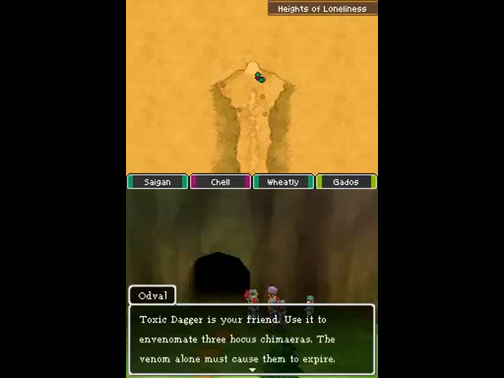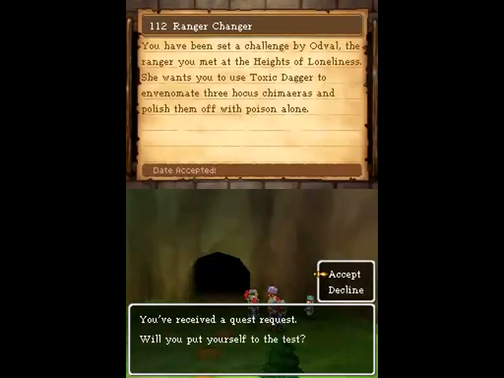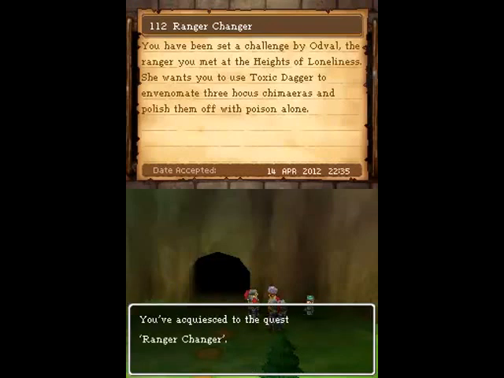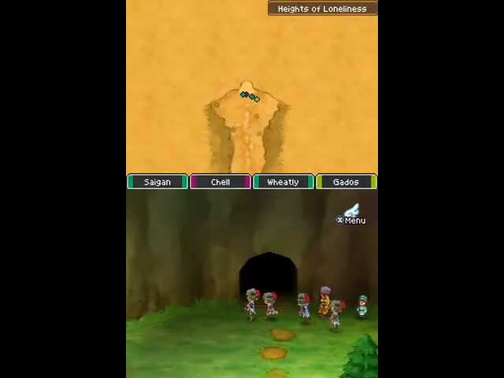Yeah, we're going to need to kill 3 Hocus Chimeras with the poison from Toxic Dagger, which is irritating. It's kind of useful to have weaker weapons for this one, just so you don't accidentally kill them. I'm using the Poison Moth Dagger from All Trades Abbey, which also has a chance of paralyzing them, which is